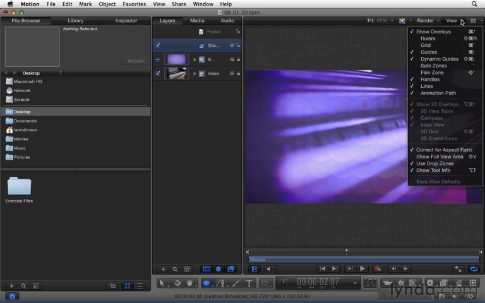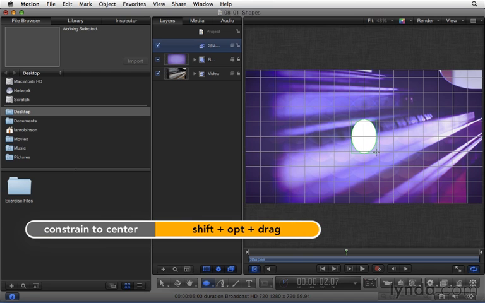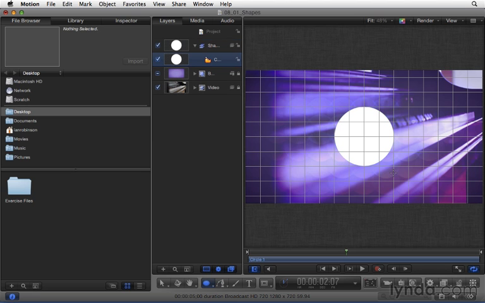Now if you go up to View and enable the grid, what you can do is figure out exactly where the center of the composition is. I like using this because when I create circles, I like things to actually be centered properly. If you move your cursor right over that center grid and click and drag and hold down Option as well as Shift, you can scale up this circle and the center of the circle will end up in the center of the composition. In order to see that, I need to grab my selection tool there,